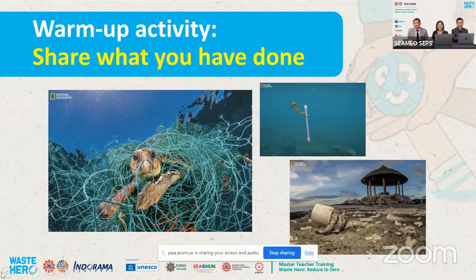Any ideas? What are the causes behind this picture? While we're waiting for responses, in your own opinion, what is the cause of this problem? I think mismanaged disposal of products.